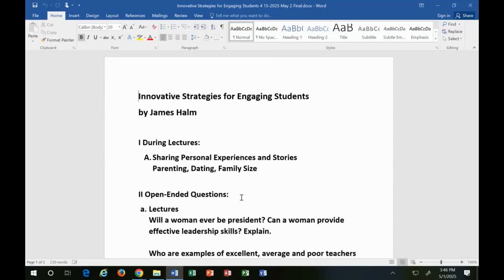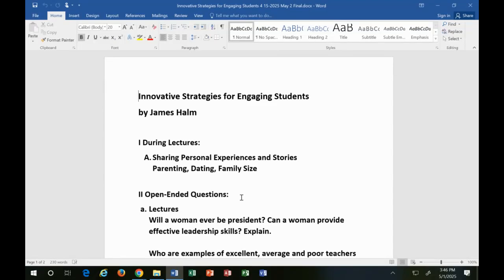I think at some point, once you start telling stories and personal experiences, they feel like, well, he's opening up himself and other students are too, and then sometimes it becomes a really good discussion. I think it also creates community within the classroom. Right. Where they make friends and they want to come because their friends are there also.